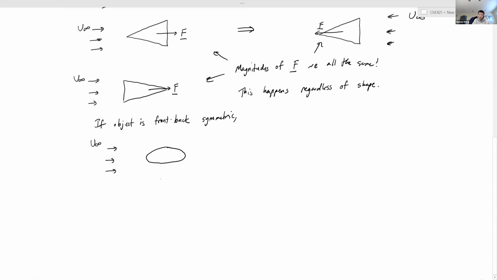I'll call this over here scenario A. This point right here is going to be point 1. This point is going to be point 2. This point is going to be point 3. Okay. By linearity, if this is a valid flow profile, then